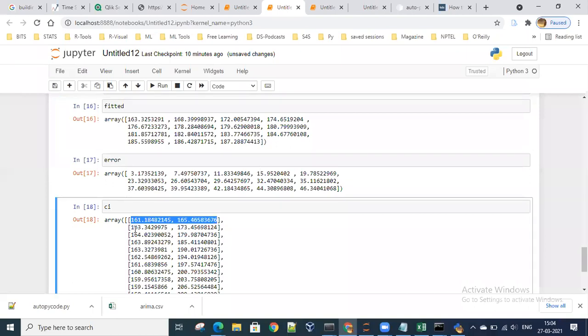The next value will lie between 163 to 173. The third value, that is 172, is a value with 11 error, which means it should lie between 164 to 179. So this is how we are using ARIMA to make the predictions.